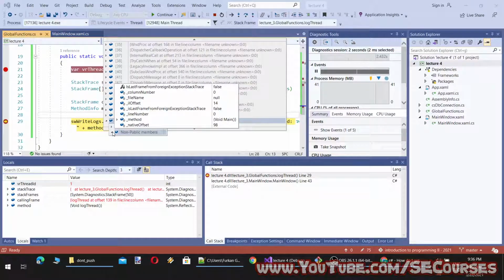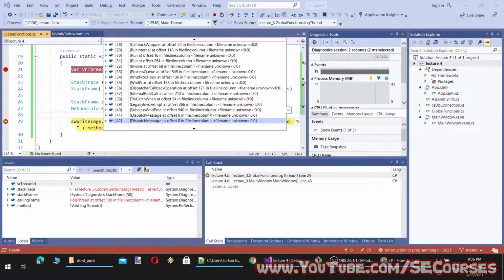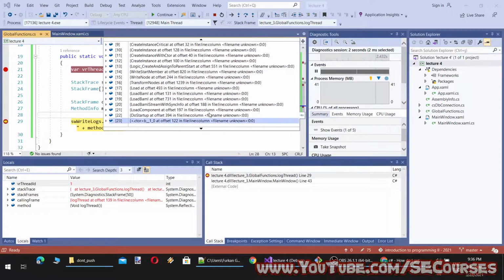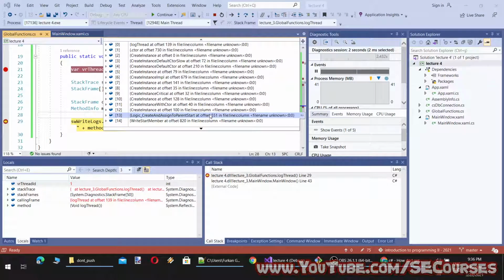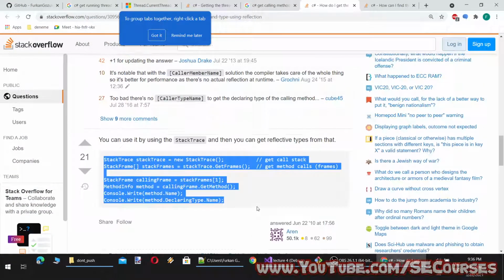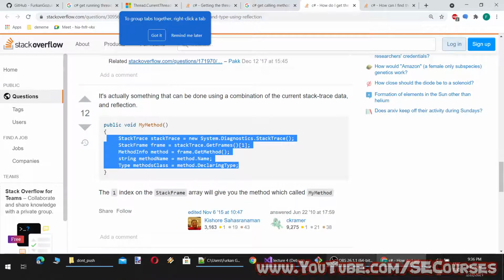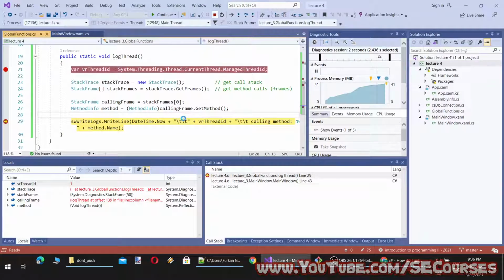Maybe here. Okay, it says that it should give you the name, but it didn't work.